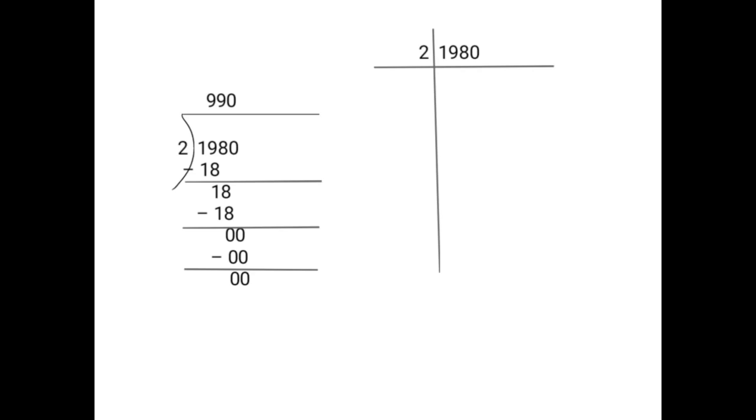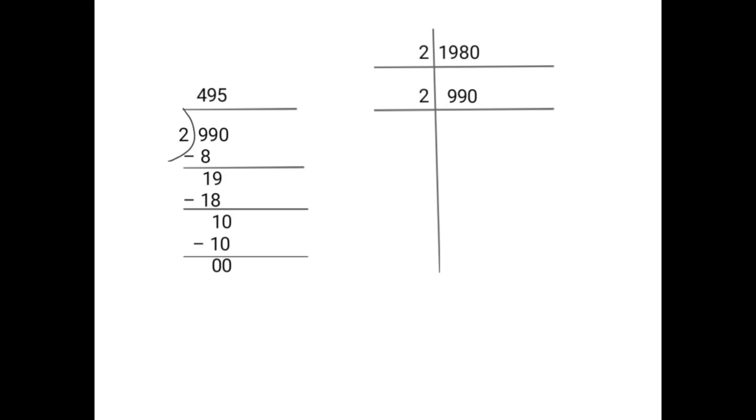Now let's find the factors of 1980 by using the prime factors method. The unit place is 0 in the number 1980. So this number is divisible by 2. I have already divided 1980 by 2. I am getting the quotient 990. 2 990s are 1980. The unit place is 0 in the number 990.